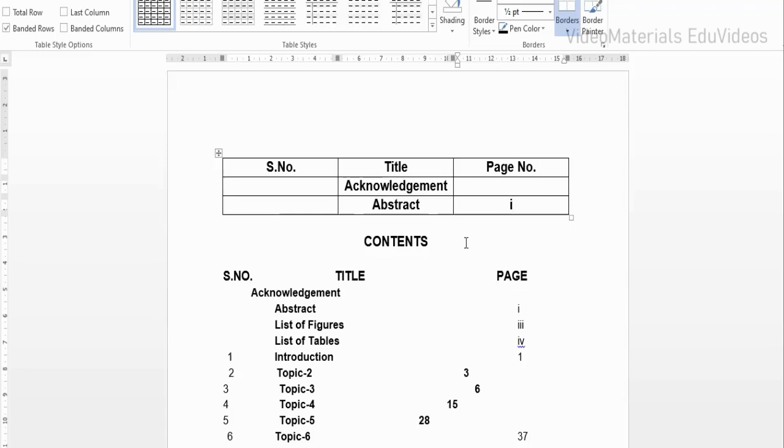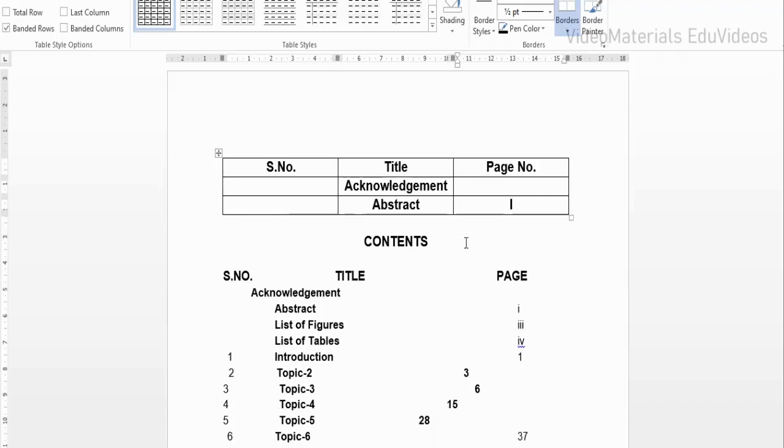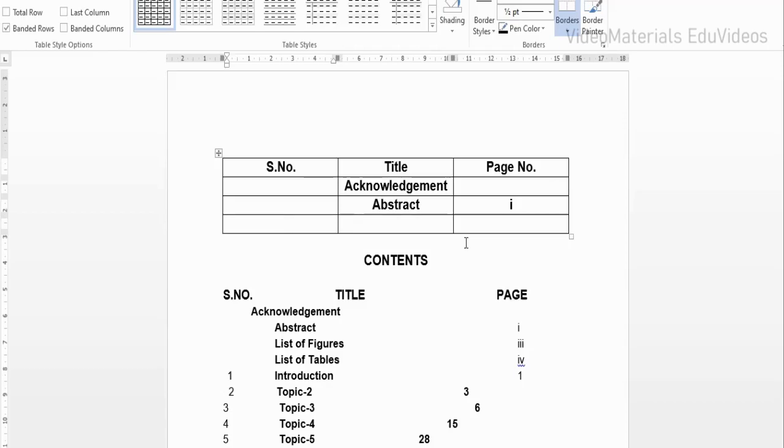Now when I press tab space here, it shows an uppercase letter. Now I'm going to press undo. Again it shows uppercase. So now I'm going to press undo. Now I'm going to move the cursor towards the right side of the table and press enter, so that it will create a new row without making the alphabet I uppercase. For moving the cursor towards the end of the table, you have to use the right arrow key.